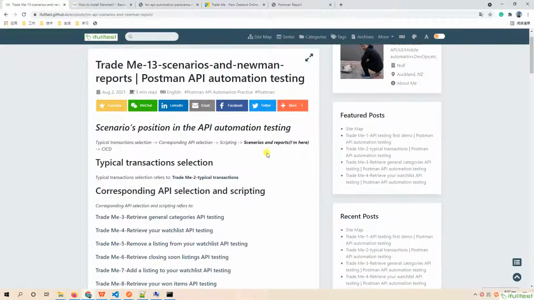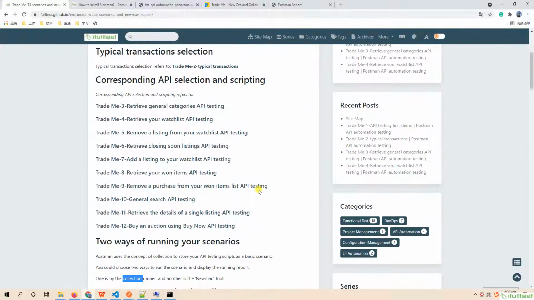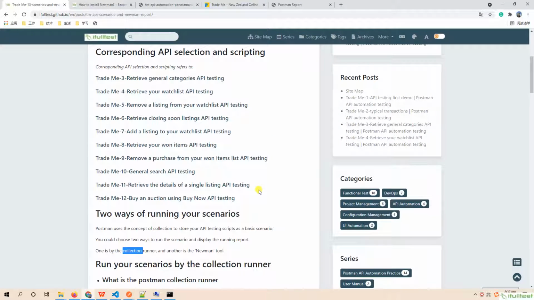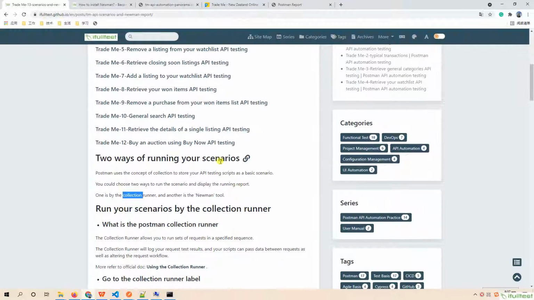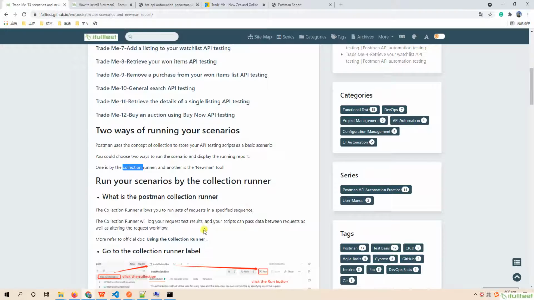Till now, we have gone through two ways of getting the testing report. So let me wrap up this video. First, I gave a metaphor to describe the relationships among some concepts such as collection, scenario, collection runner, and Newman.